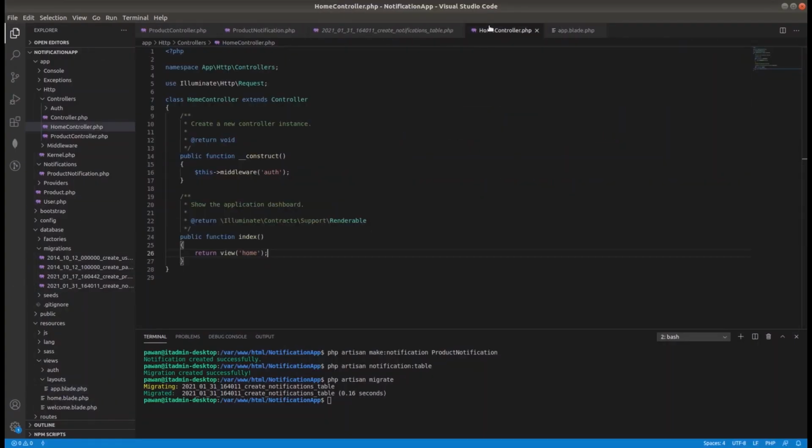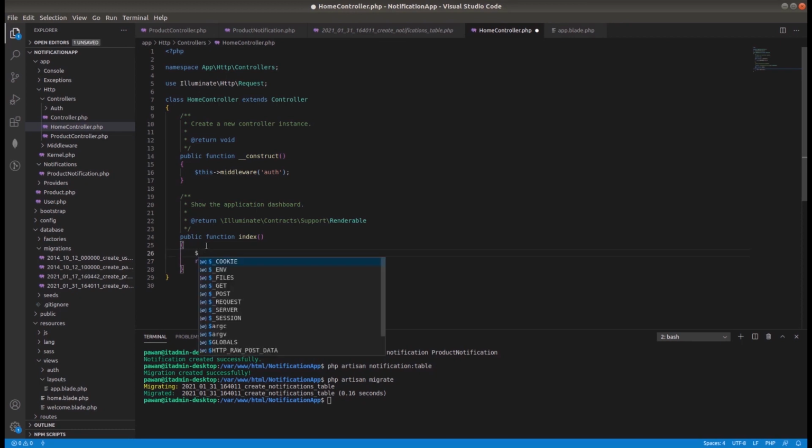For the home page, in the home controller, we are not sending any user detail. Here we will send user detail, which will be user equal to User find one.